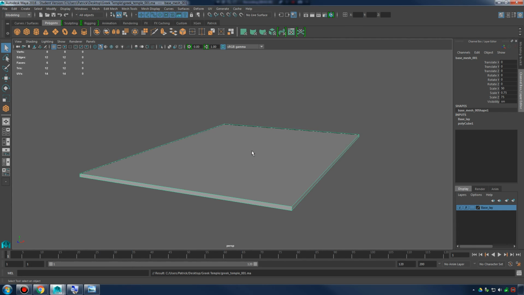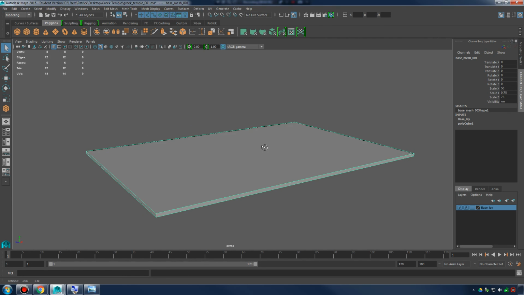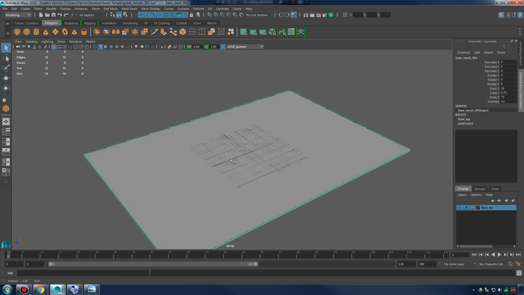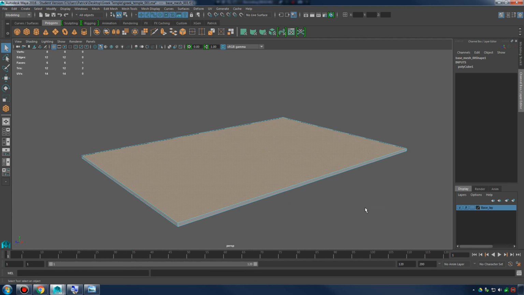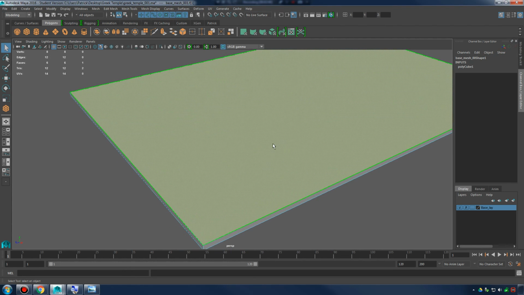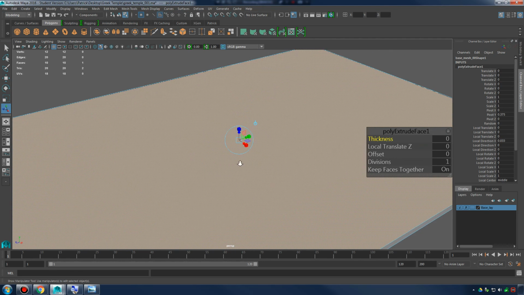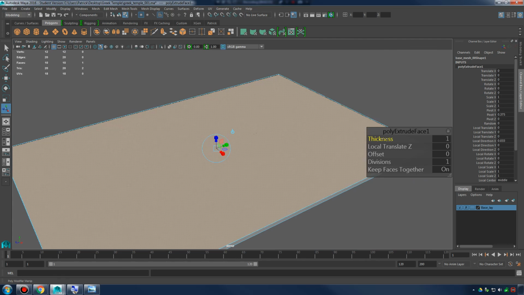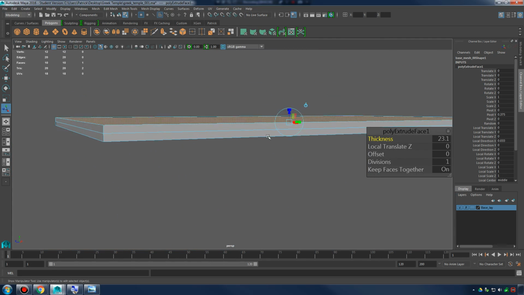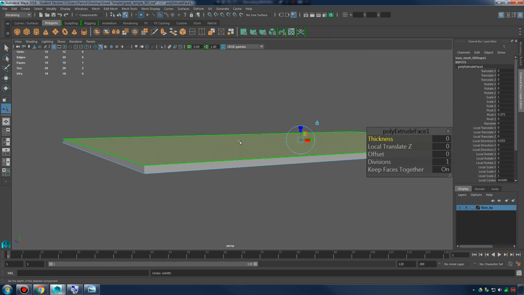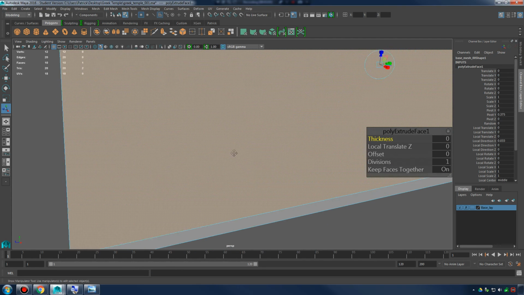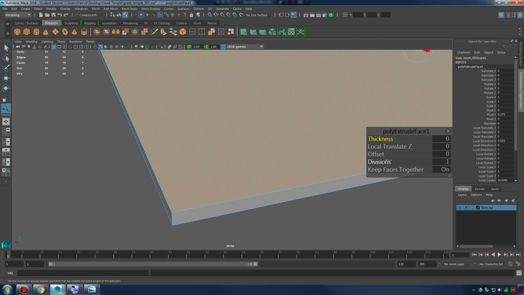Okay? So what we want to do is we want to extrude my base up to make some nice steps. So to do that, we're going to go into face mode, select this top face here, and I'm going to hold down Shift, hold down right click, and extrude face. Alright, if we do my thickness here, well, that's just bringing it up. What we need to do is we need to scale it in because we need to create the surface of my first step. So if I go to offset,